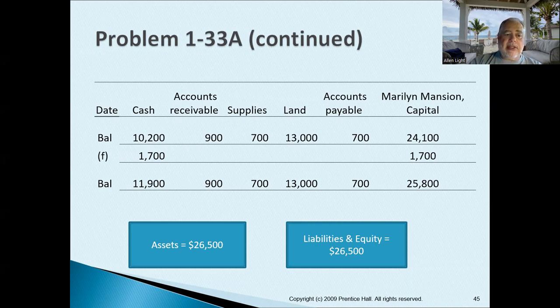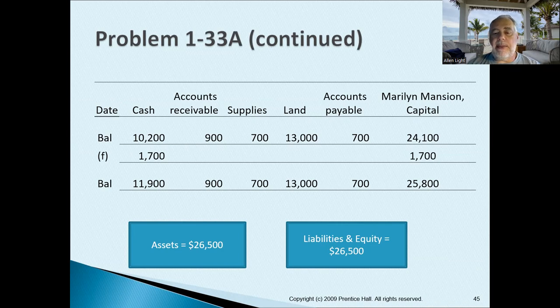We're going to add cash of 1,700, and these numbers are arbitrary. It's just what the owner decided to put in. So they put 1,700 in. So we add 1,700 in cash. On the other side of the equal sign, we add 1,700 to capital. Now our new balance is 26,500. Assets, 26,500, liabilities and